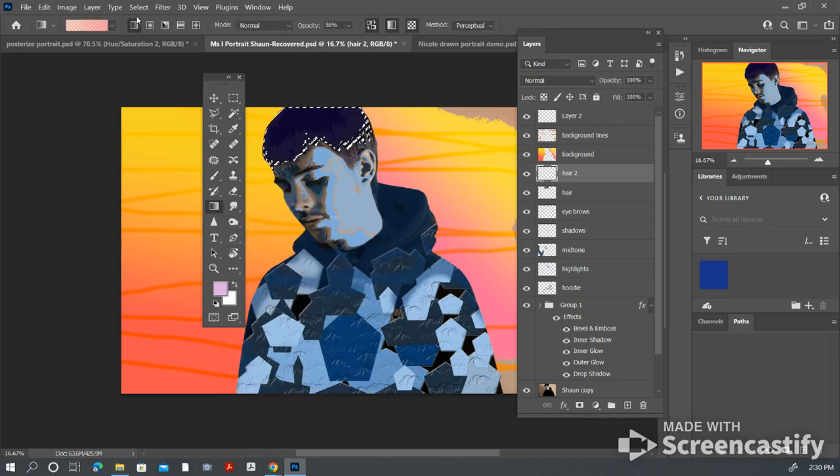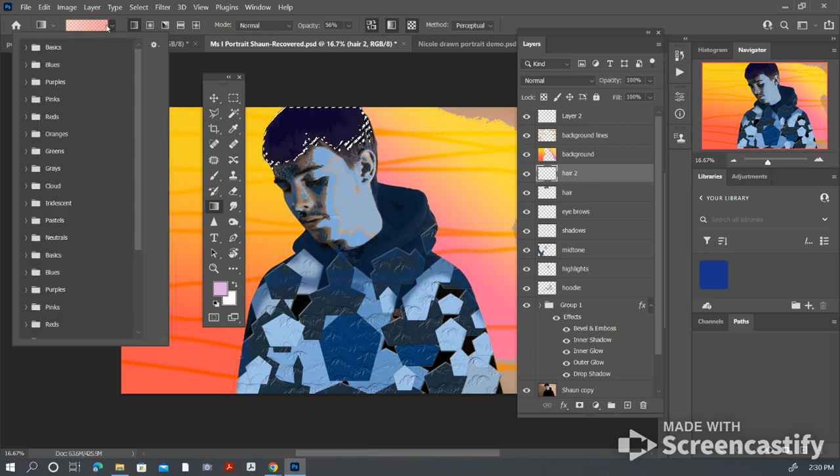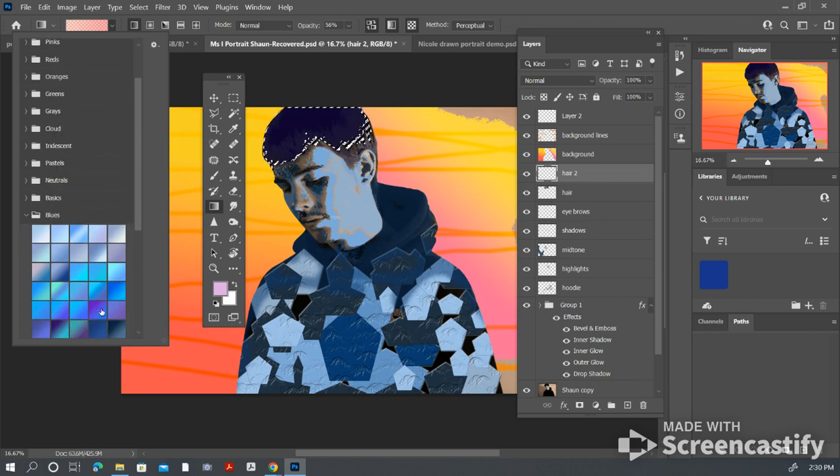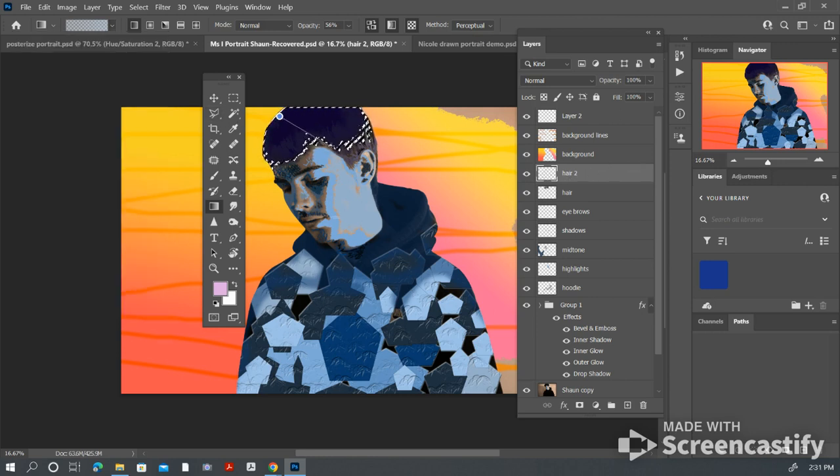So I like the gradient tool, and I'm probably going to choose something that is dark for my gradient. So when I go up to my options here, I'm going to look for maybe like a really dark blue that I can drop in to kind of match this monochromatic theme that I'm going with here. So maybe I'll just grab this blue. And as I click and drag, I know I'm in my empty layer up here,